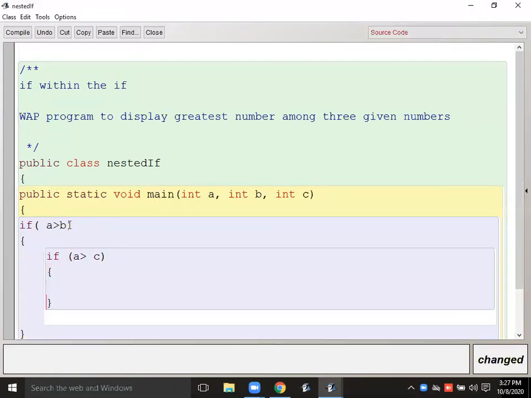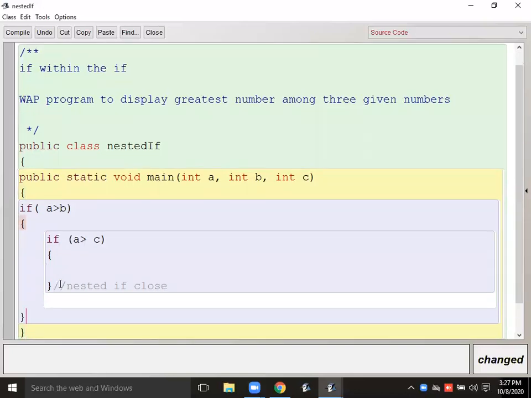Okay, see that. This is the closing of nested if, close. Okay, and this is the closing of outer if, close. This nesting if, this inner if, is going to be executed when this outer if is going to be true.